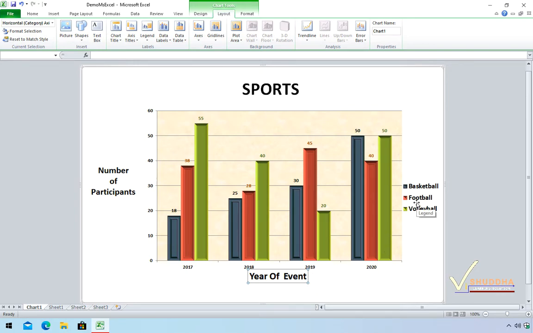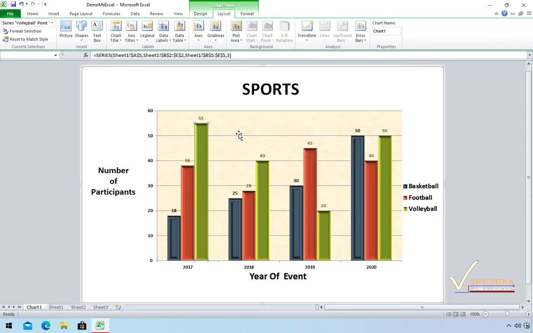On the right of the plot area, you can see we have different colors or patterns representing the different data series. So this area is called the legend. It helps us identify each data series with the help of a unique color or pattern assigned to the different data series. So clearly you can see that the green color represents the volleyball. So all the green bars are representing the volleyball data series. What is a data series? Data series is the actual data on the basis of which we create the chart.